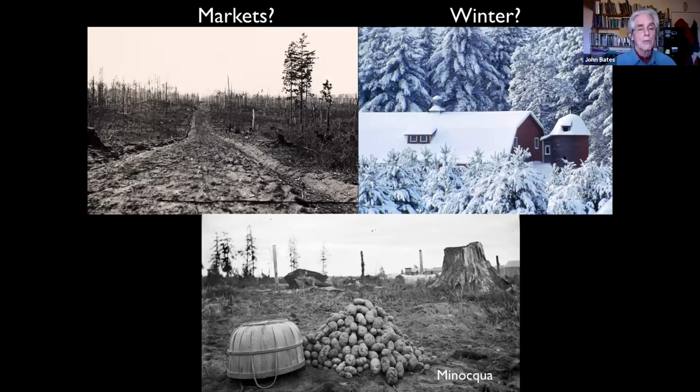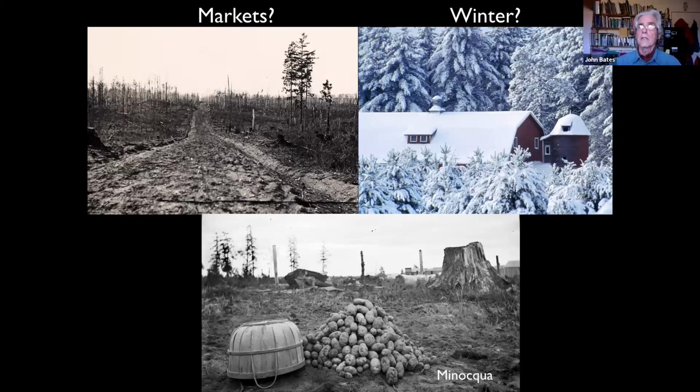So why didn't it work up here? Three factors. One is there's no markets. Here's a road going into Boulder Junction in the early 1900s, and you can see the market there at the end of the road. Well, you can't, there's nothing there. So you can imagine just trying to take your horse and wagon with all of your produce somewhere down that road. We had this other minor factor called winter in northern Wisconsin. So we have a very short growing season. The bottom slide shows a farmer's total produce in his first year in the Minocqua area. He raised 1 bushel of potatoes. That's all he was able to pull off.